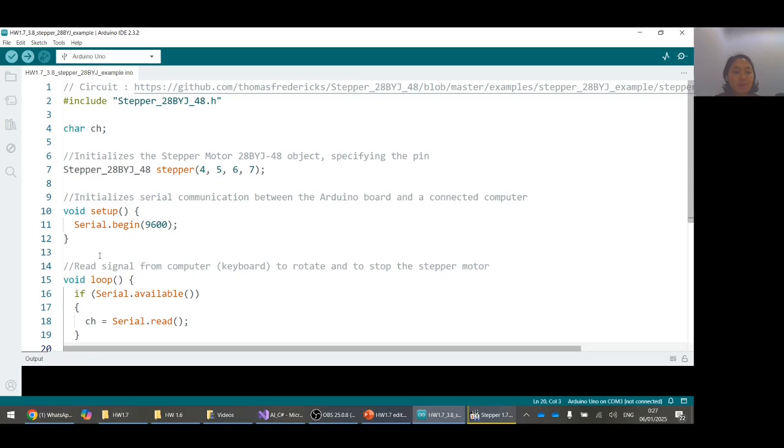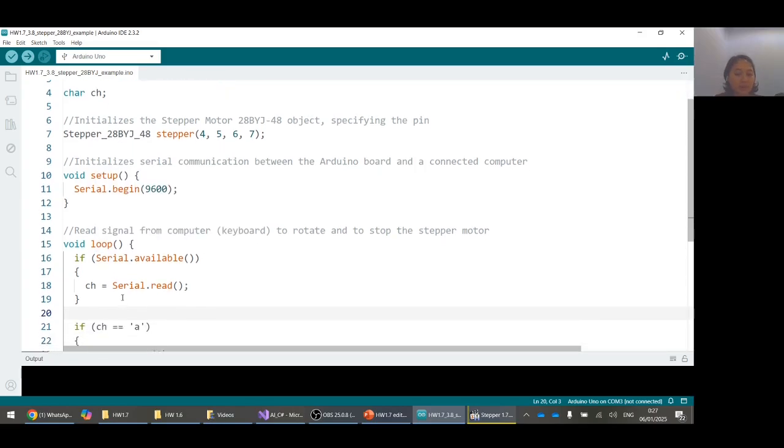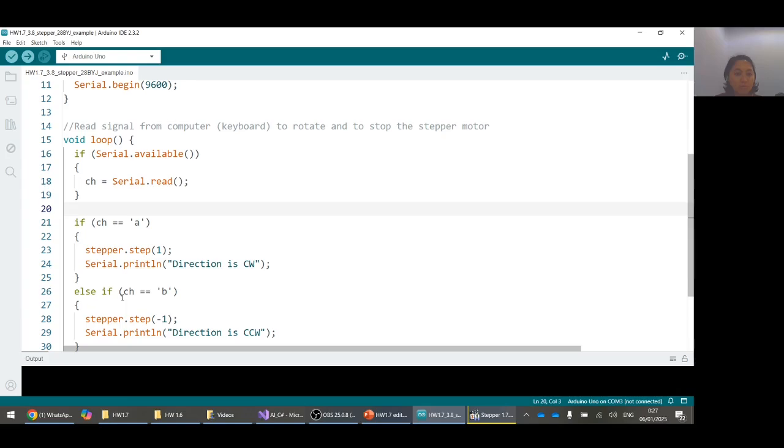And then this is the setup function, which initializes serial communication between the Arduino board and a connected computer using a baud rate of 9600. And then this is the loop function.